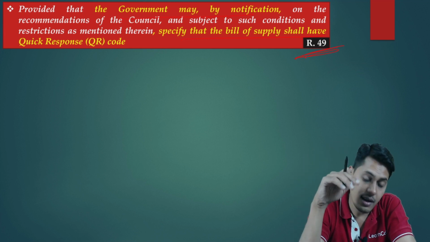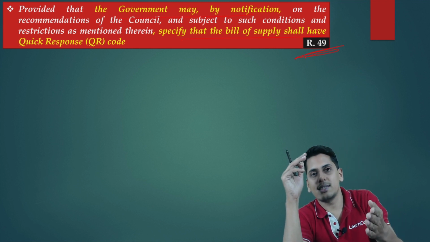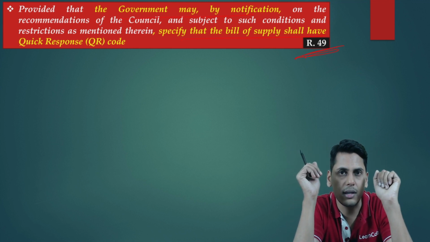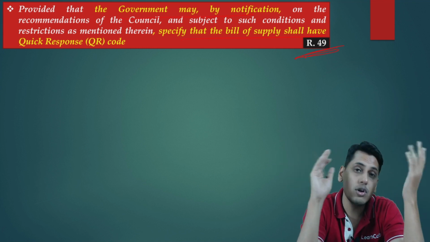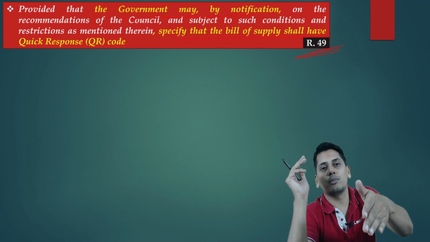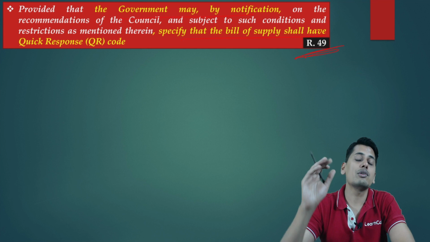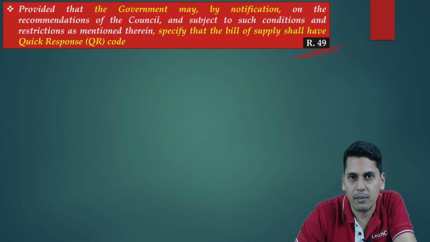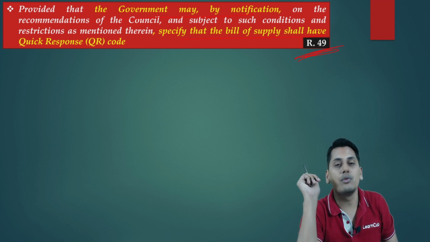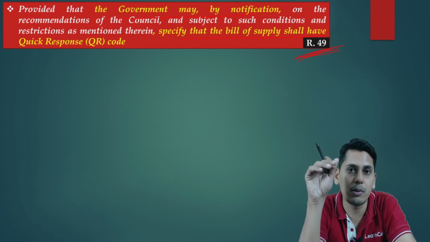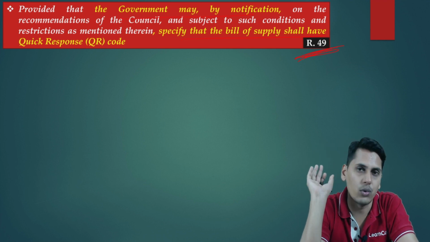Now friends, please understand, evasion takes place at the last mile transactions, and at the last mile transactions, it could be a bill of supply as well. It could be for exempted supply. Exempted supply is not reported. Please forget GST. Maybe there is no loss in GST, but there could be a loss of income tax. So friends, in case of last mile supplies, over there also in rule number 49, there is a proviso which is similar to the 6th proviso to rule number 46, which tells you that bill of supply should also contain a QR code.